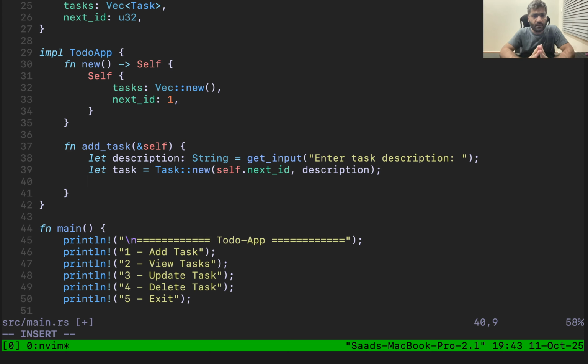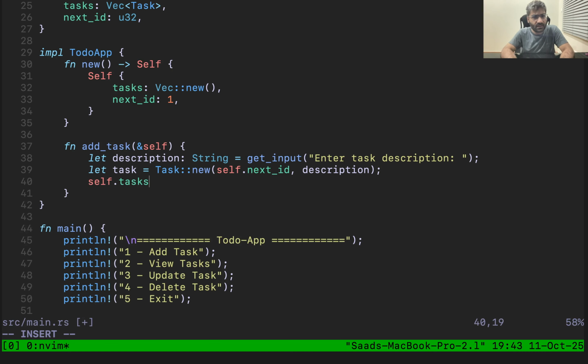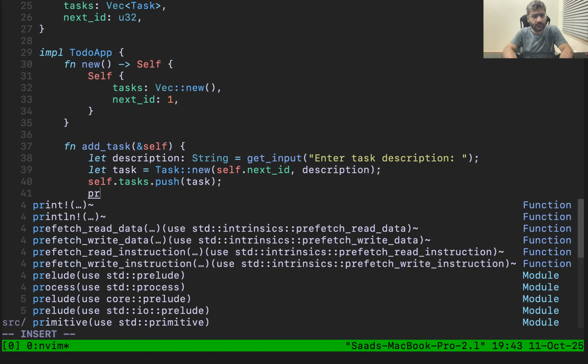Now we need to push that task into the vector using self.tasks.push, and we will prompt the user